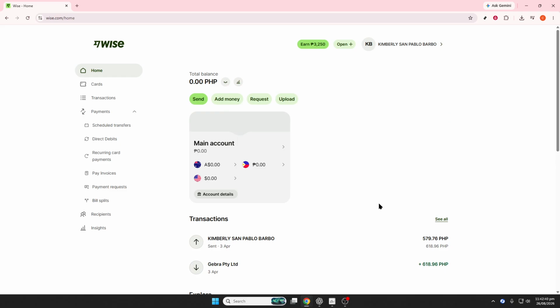Show the full flow, the amount received, the Wise fee, the exchange rate used, and the final PHP amount. Also make it clear that the exact fee can vary depending on